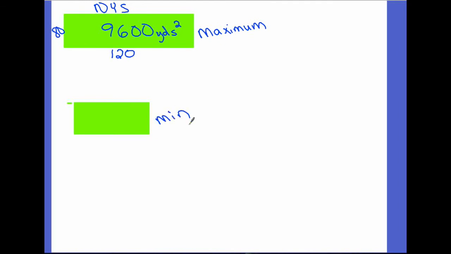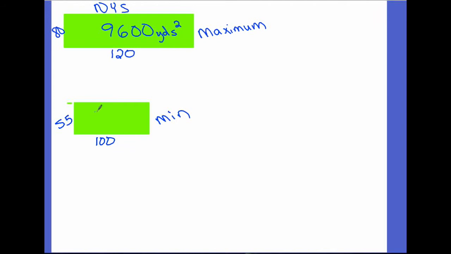What's our minimum length? Minimum length is 100. Minimum width? 55. Minimum width is 55. Well, that's on the FIFA regulations, but we're going to stay under the New York State High School. You will have to do the FIFA in a minute. So 55 times 100, we know that